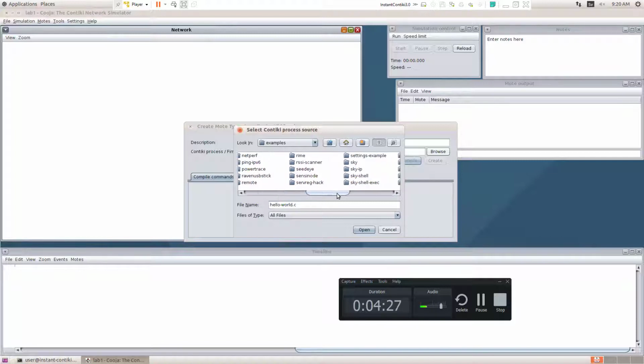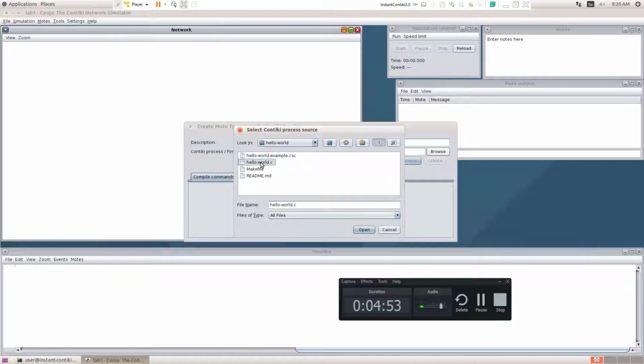You can do any modification in these. You don't need to do anything from scratch. Here everything is available in the form of examples, and you can make whatever changes you need. Now, I have an example, the hello world example. I'm just going for the hello world. You can see hello-world.c.